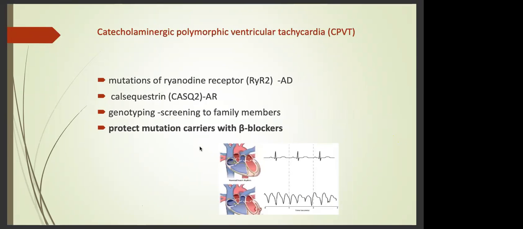Then how about CPVT? We all come across CPVT as well. The strange thing is that it has been associated with mutations of ryanodine receptors and calsequestrin. Genotyping screening must be applied to family members to look out for the problem. Whenever mutations have been identified for such patients, beta blockers must be given. There are some other diseases like sick sinus syndrome, cardiac conduction disease, or even familial atrial fibrillation. For these patients, it is always nice to be able to identify these